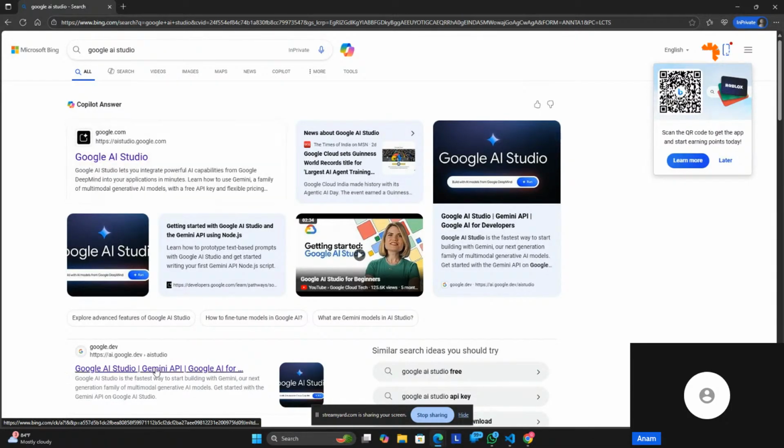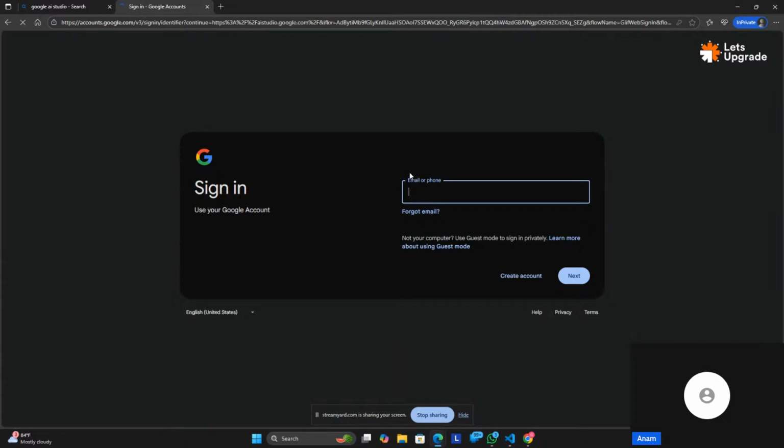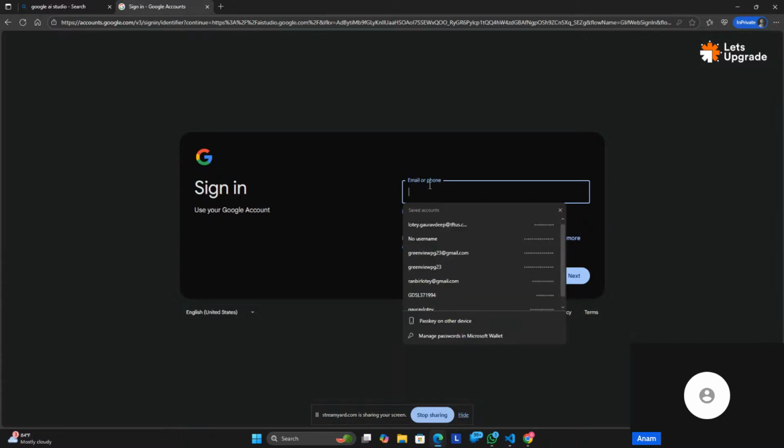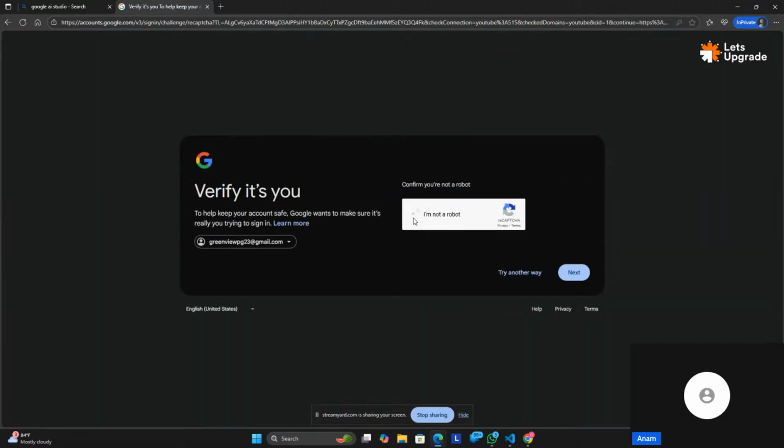You simply need to click on it, aistudio.google.com, and you can sign in to Google AI Studio. When you click on sign in, you will have to use one of your registered email IDs. For example, if I use any random email ID,